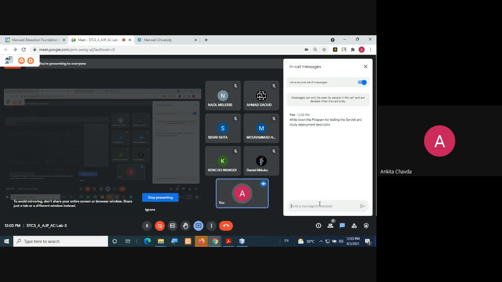I'm asking you guys. Don't know? Okay. But you have already seen what web.xml is. Now can you tell me what this deployment descriptor is?